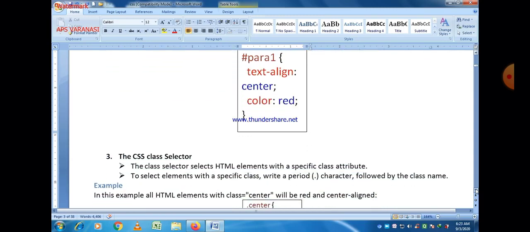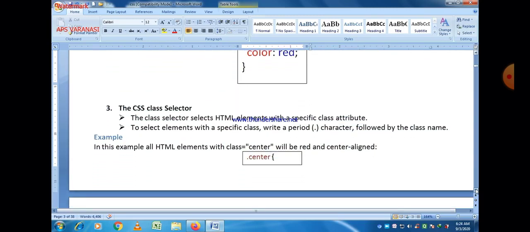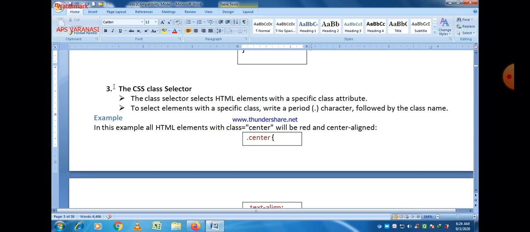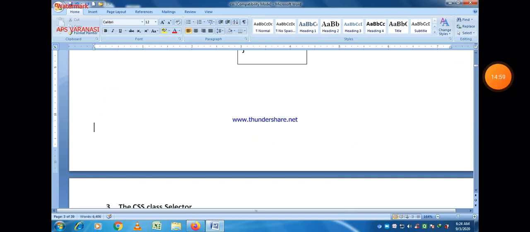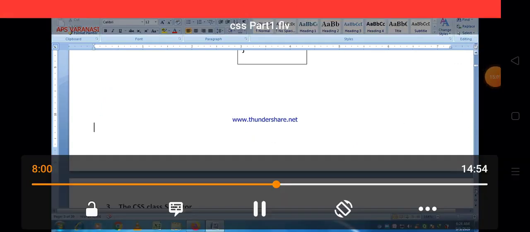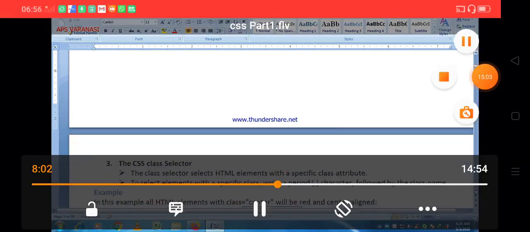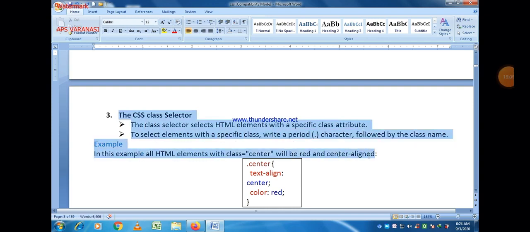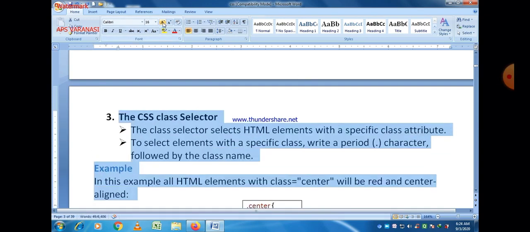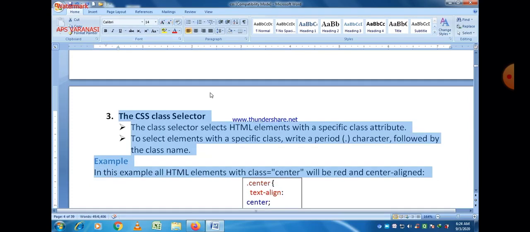Next is the class selector. The class selector selects the HTML element with a specific class attribute, and to select an element with a specific class, write a period dot character followed by the class name.